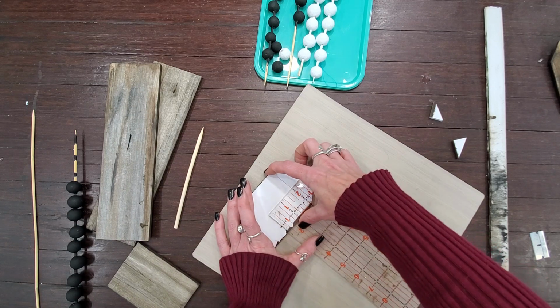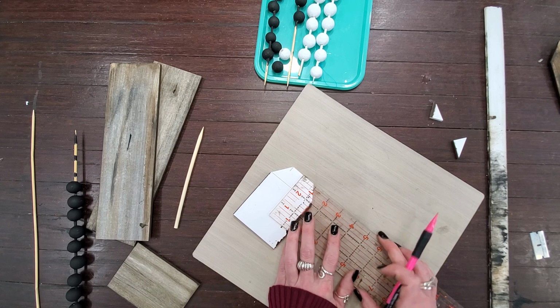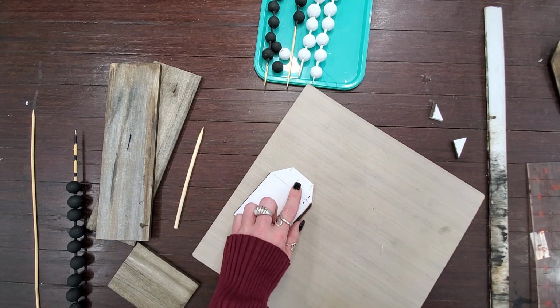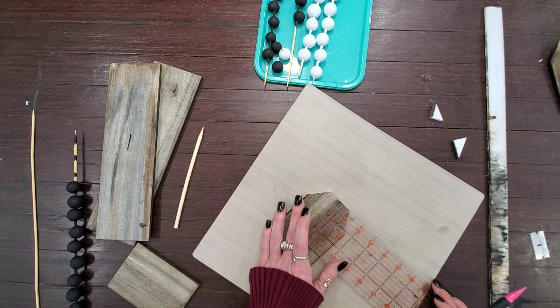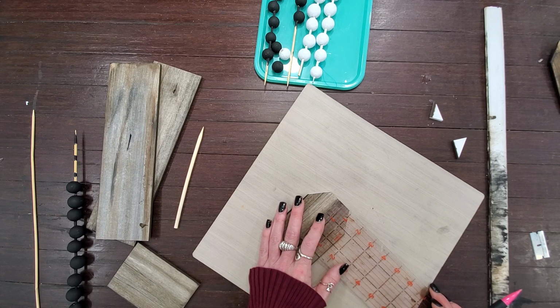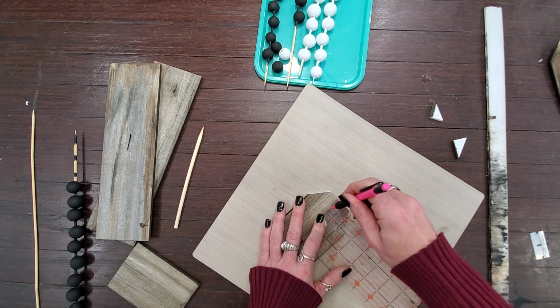So my strips are usually 3 inches wide. This one is 3 inches wide, so the center of that is going to be 1.5 inches. And I'm just marking over 1.5 inches so that I know where to go. I'm actually going to show you 2 different ways to put holes in this and get a nice clean hole inserted. So I'm going to have to mark this on the front,